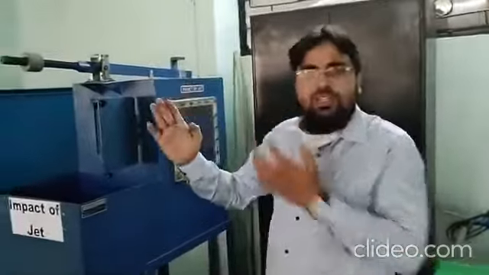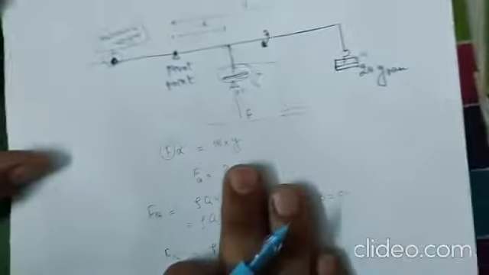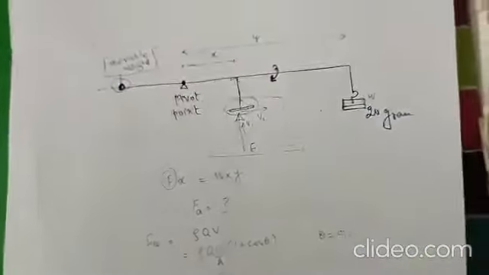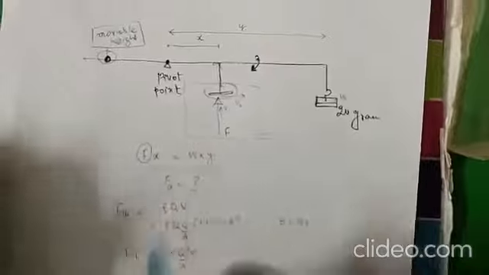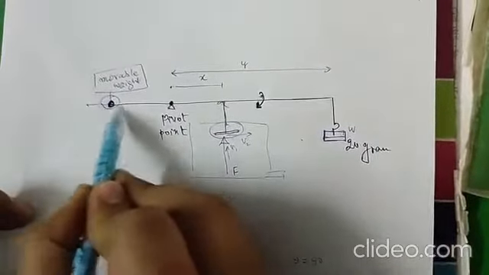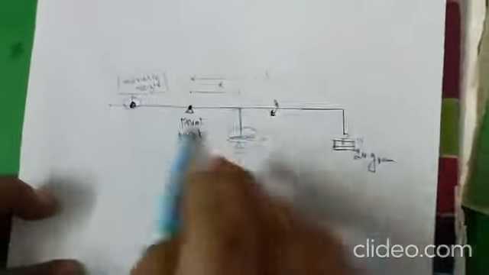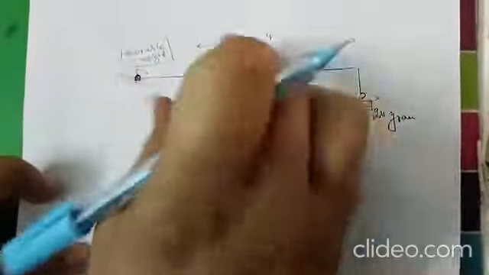Now how to proceed with the calculation? This is very simple, the physics involved. You only have to balance the forces. So this is the schematic diagram of the experimental setup. What is this diagram showing? This diagram is showing that you have this movable weight that is moving on this part, and this is the pivot point around which this complete fulcrum is moving.